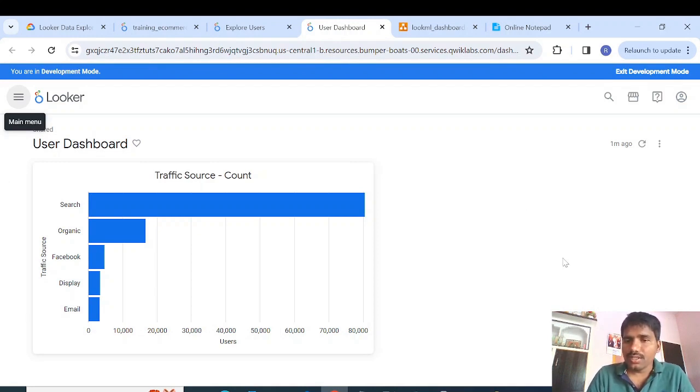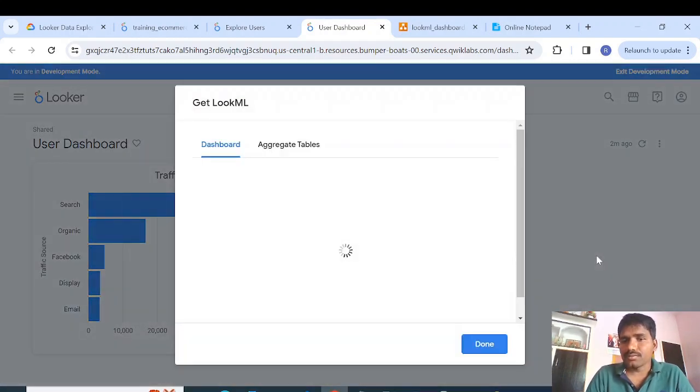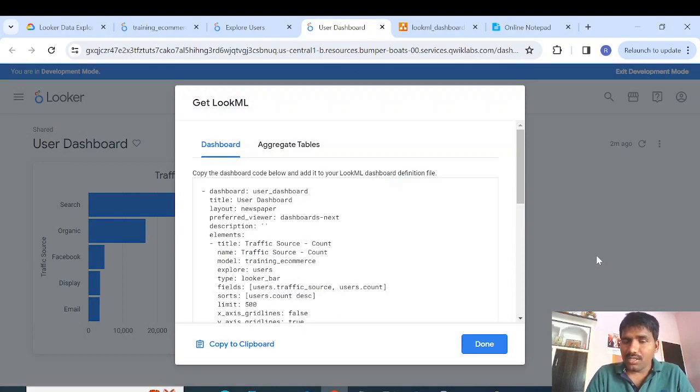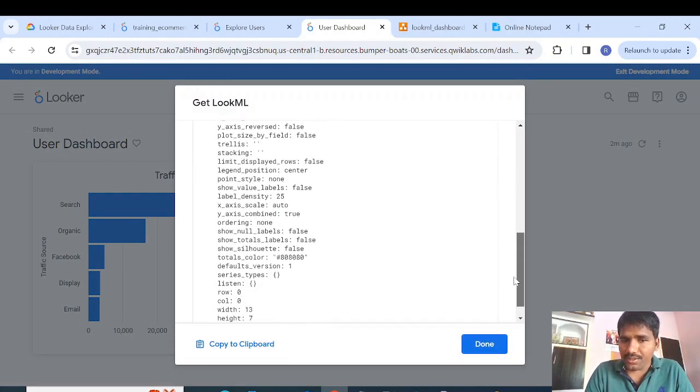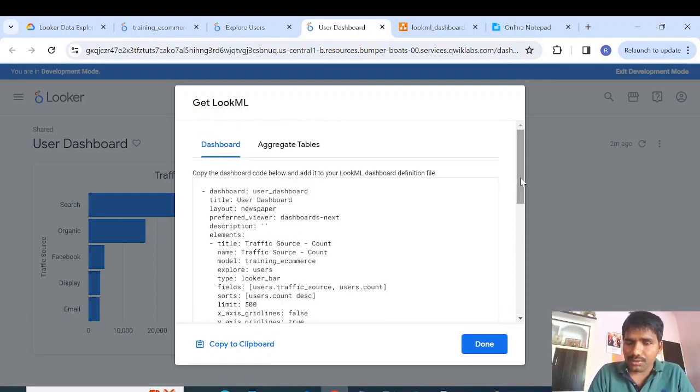To do that, click on this gear icon, dashboard actions, 3 dots. Then there is an option called get LookML. Click on get LookML. Then you have to copy the entire code. You no need to write this code manually. You have to copy this code, and the next step is